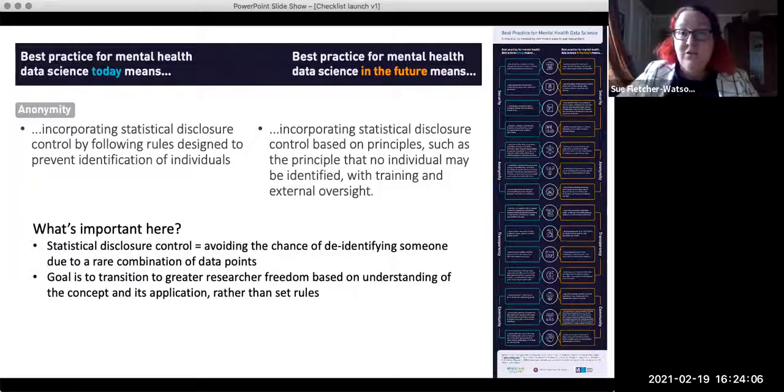For anyone who's not already familiar with the term, statistical disclosure control is about avoiding the chance of re-identifying someone due to a rare combination of data points. So even if the data are technically anonymized and you can't tell whose data belongs to who, if someone has a particularly unique combination of characteristics, a particular postcode, a particular ethnicity, a particular kind of lived experience, it might theoretically be possible for them to become identified even when their name and their birth date or whatever aren't in